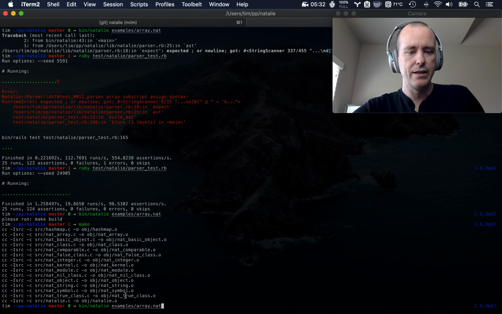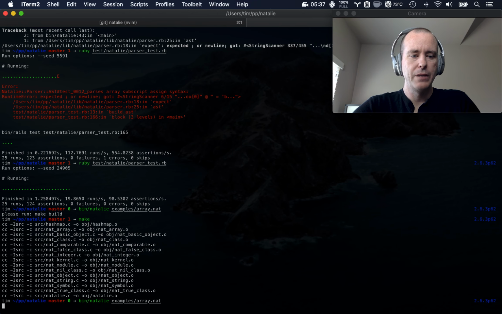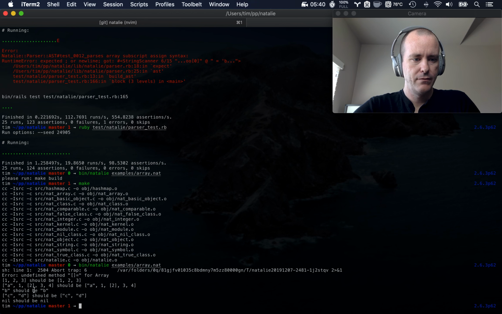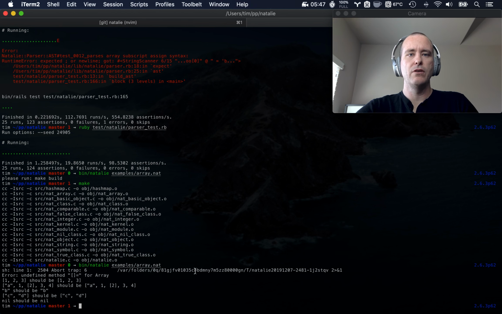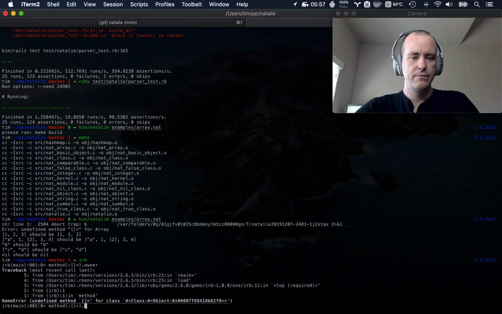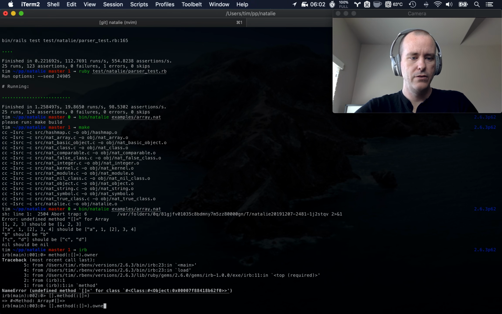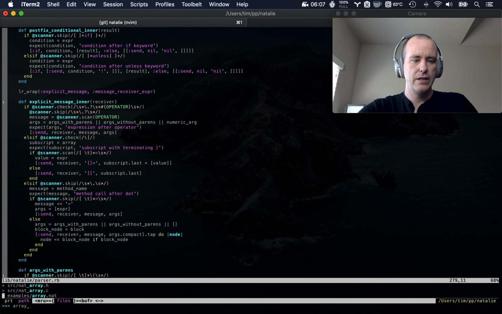That's a new thing I did. I pre-compiled all the object files, so things are a little bit faster. But I hadn't done it on this machine yet. Yeah, undefined method brackets equals for array. And let's just see, method. I assume it's on array. Wait, what? Oh, right. So let's do array.method and owner is array. Perfect. So array,